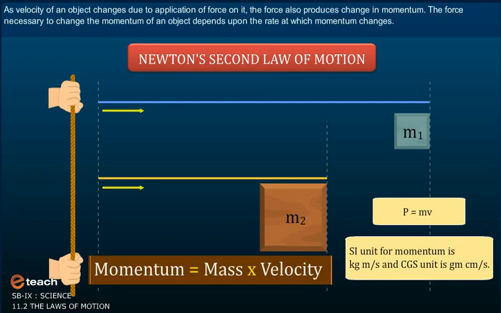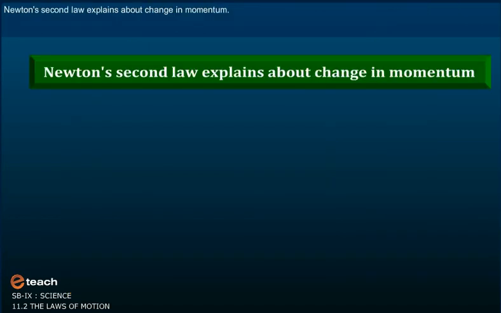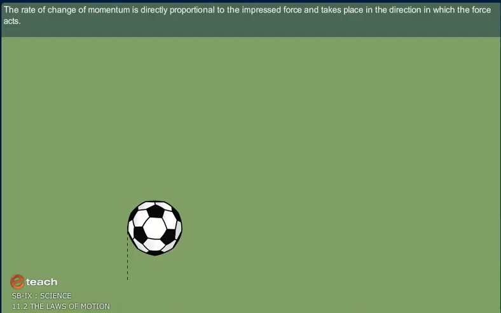As velocity of an object changes due to application of force on it, the force also produces change in momentum. The force necessary to change the momentum of an object depends upon the rate at which momentum changes. Newton's second law explains about change in momentum. The rate of change of momentum is directly proportional to the impressed force and takes place in the direction in